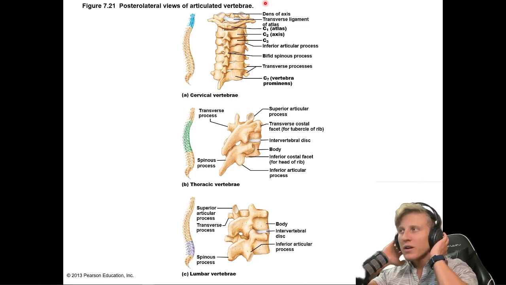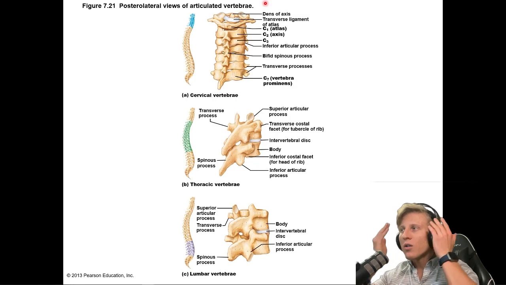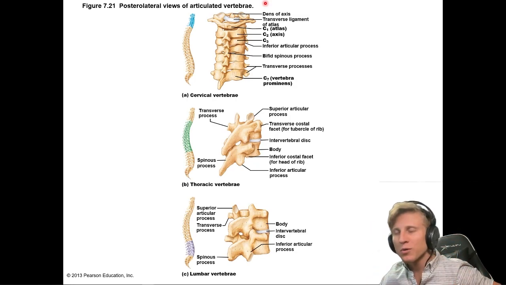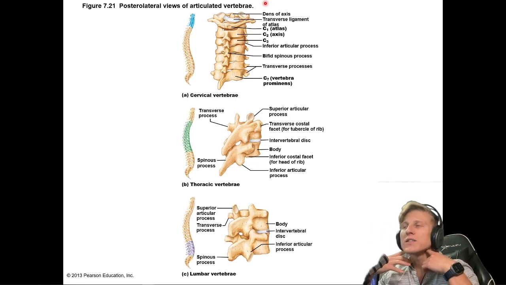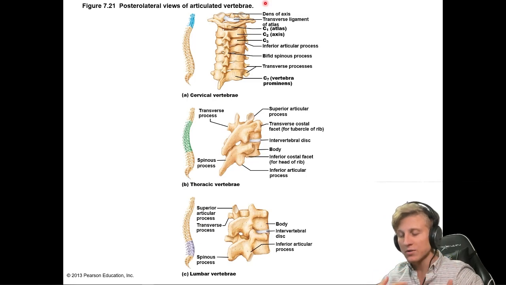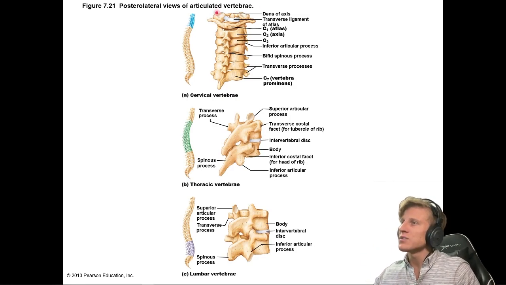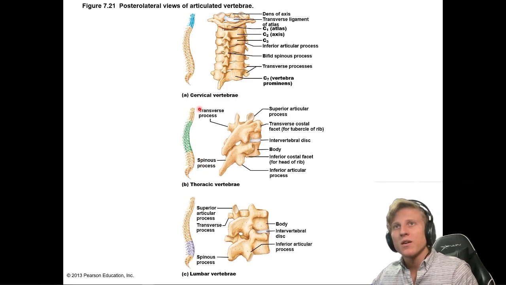So if we're up here at the base of the head, all of the information, all the sensory motor neurons and everything else, all has to be running through that same canal down to the rest of the body. So there's a lot of information that needs to be disseminated and communicated and sent back and forth to the rest of the body. By the time you drop down all the way into your lumbar region, we've had